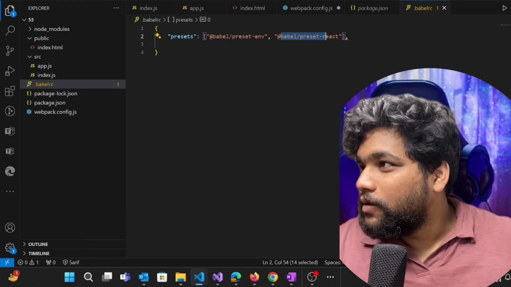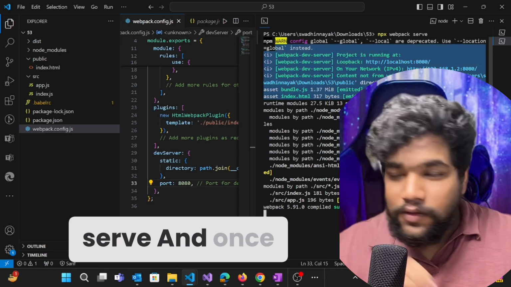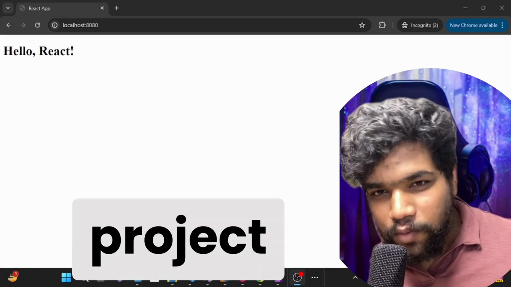Let's run this project now. To run this, we'll use the webpack command. And once you run this, you can see this hello world application running there. This is how you build a project from